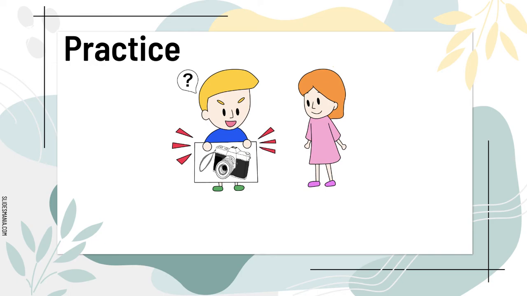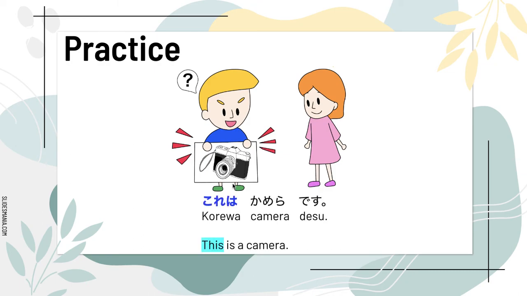Okay, now the speaker is holding an object and the listener is at a little distance compared to the speaker from the camera. So it would be これ. In English, you would say "this is a camera." In Japanese, it would be これはカメラです。